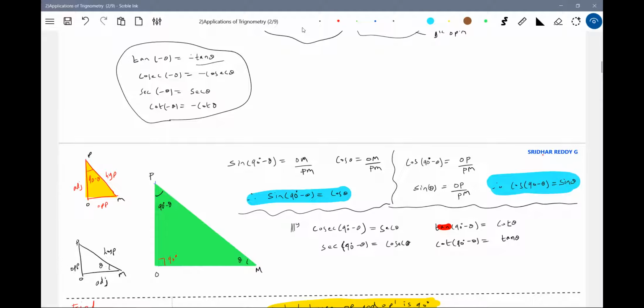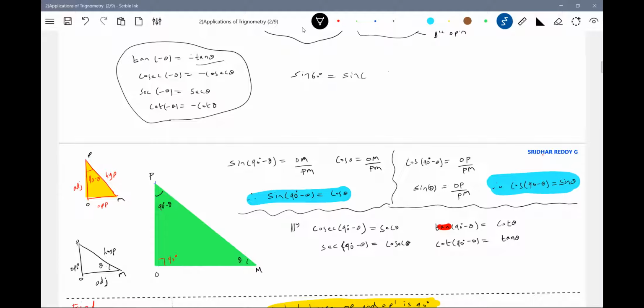To understand this, we'll do one thing. Sine 60 degrees, how much? Root 3 by 2. Cos 30 is how much? Root 3 by 2. Sine 60, can we write it as something else? I'll just express what you are doing. What is the use of sine of 90 minus theta? Suppose sine 60 degrees is there. We know it is equal to sine 60.